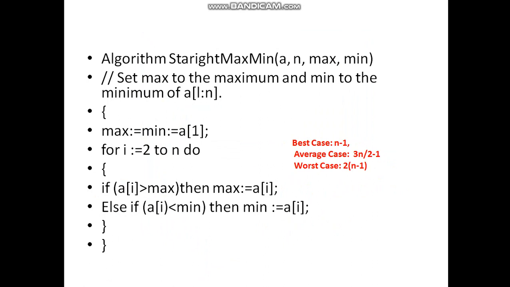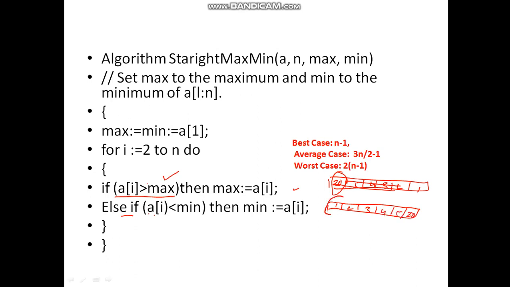So that modification I am presenting in front of you over here. If you can see this one, if a of i is greater than max, if this condition is at all true, at that time only this will happen, this will not happen. But if this condition is not true, at that time both of these if conditions are going to be evaluated. So what is the best case? Best case is, let us say, if my array is in the, sorry, this is not in the ascending order, we have to consider this in the ascending order. So 1, 2, 3, 4, 5 and 20.